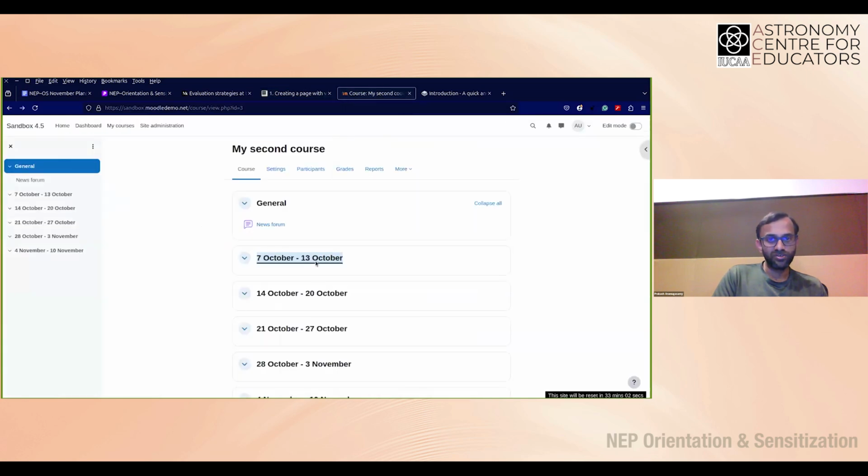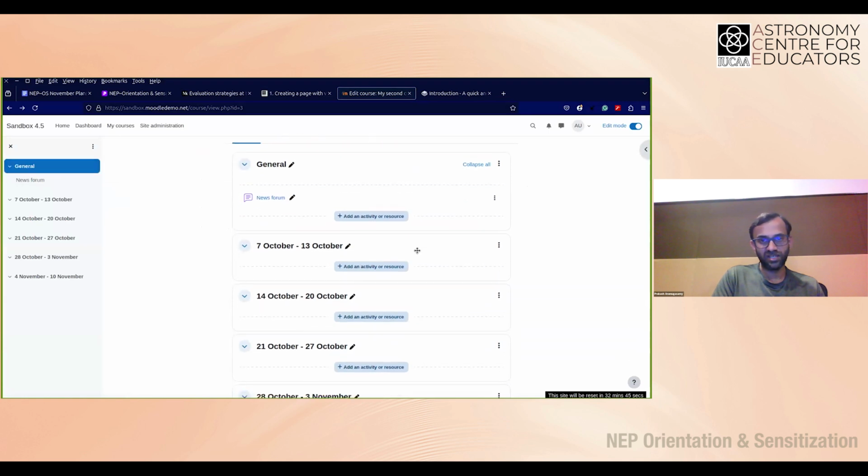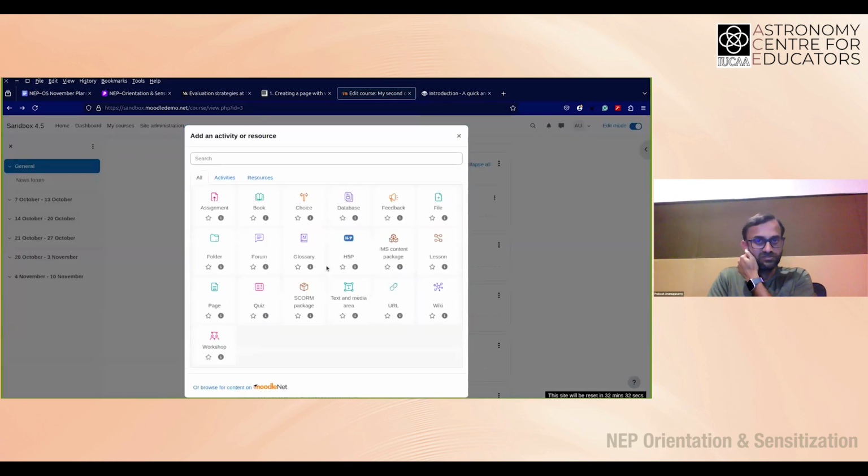But for every module, for instance, you would create, let's say you do want to follow something of a weekly module. What you would want to do is add items to it. So there is an edit mode over here, which you need to turn on before it allows you to edit, which you need to be signed in as an administrator to do. Then on any week, about any particular module, you'll get it just by adding this activity or resource option.